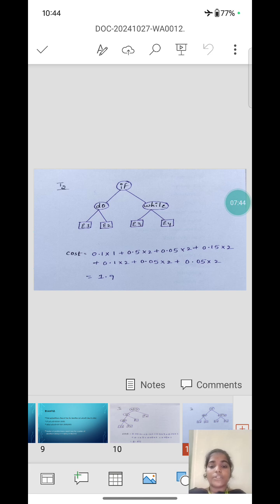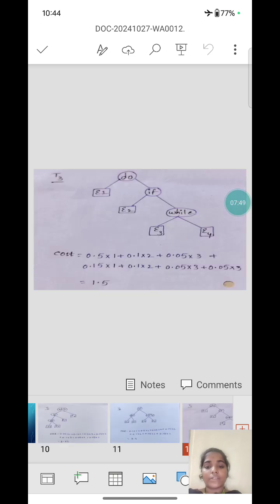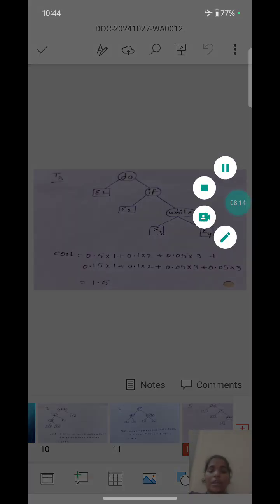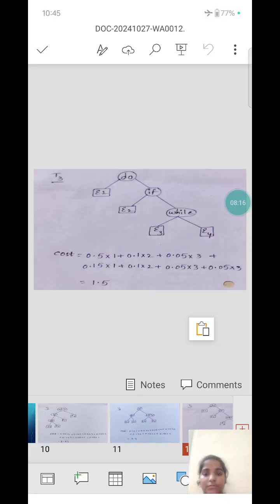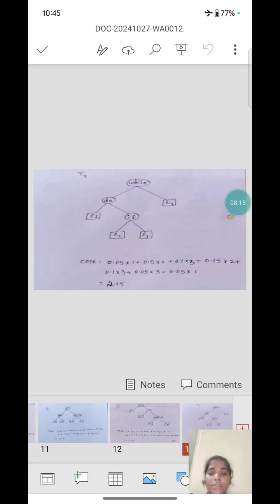The cost of T2 is 1.9 and it is calculated the same as T1. In T3, "do" is the root node; "if" is greater than that "do", so we place it on the right side of that node, and "while" is greater than the "if" node and is placed on the right side of that "if" node. The cost of T3 is 1.5, calculated the same as T1.